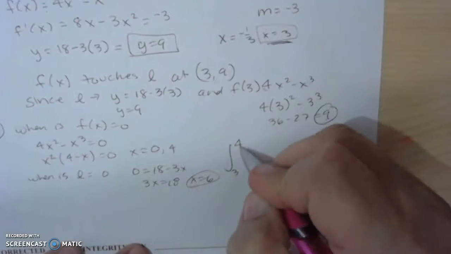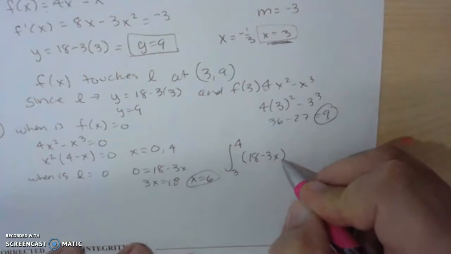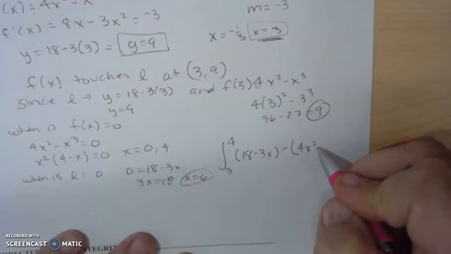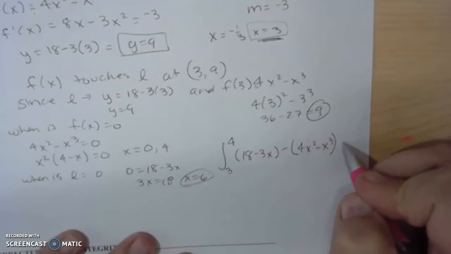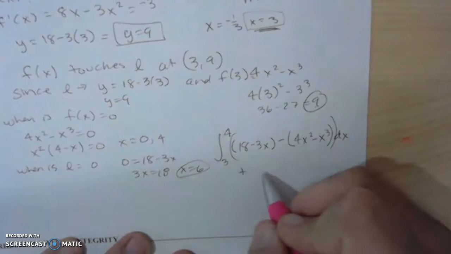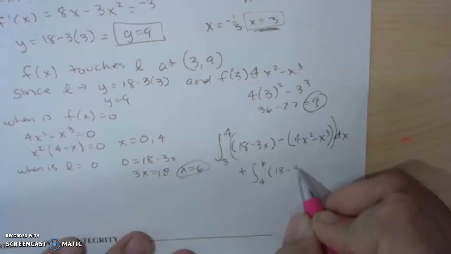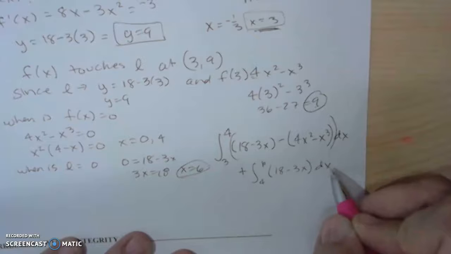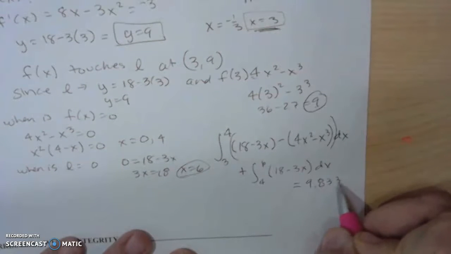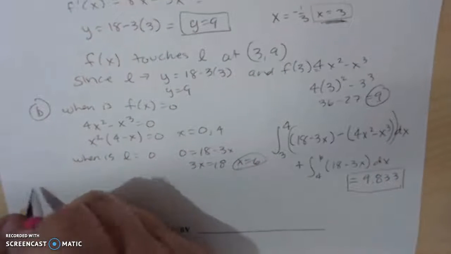We're going to go from 3 to 4, my top equation, which is line L, 18 minus 3x, minus my bottom equation, which is 4x squared minus x to the third dx. Plus, we're going to go from 4 to 6 of just L. L is the only thing, 18 minus 3x dx. And we're going to type everything into our calculator, and we're going to get 9.833. Right? So you can check that on your calculator, make sure I did it right. And then for part C